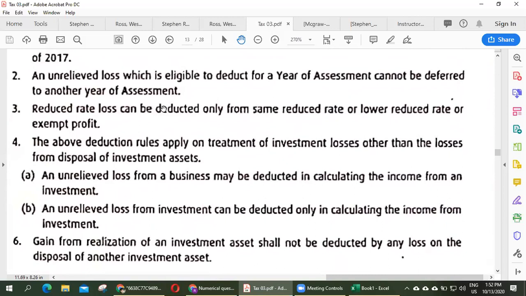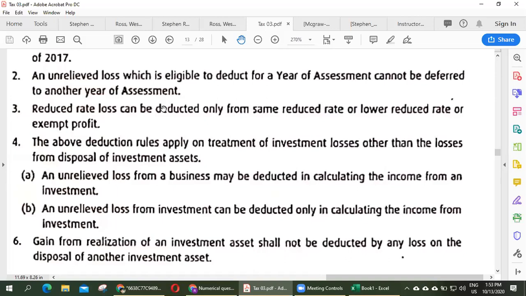What you should understand is whether there are any losses that can be deductible. That understanding is enough. And an unrelieved loss which is eligible to be deducted for a year of assessment cannot be deferred to another year of assessment, right? And a reduced rate loss can be deducted only from the same reduced rate or lower reduced rate,